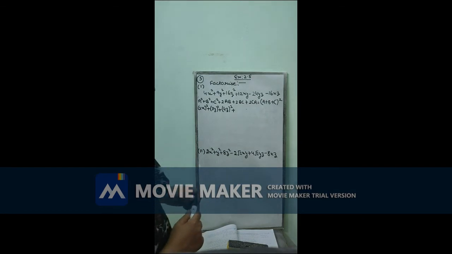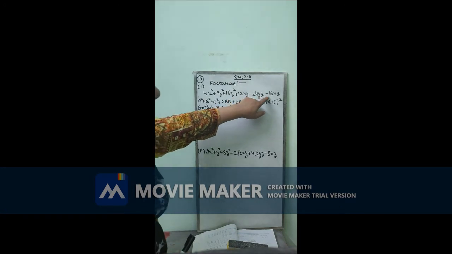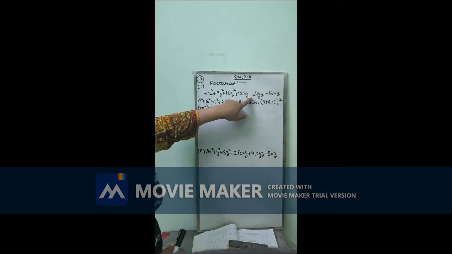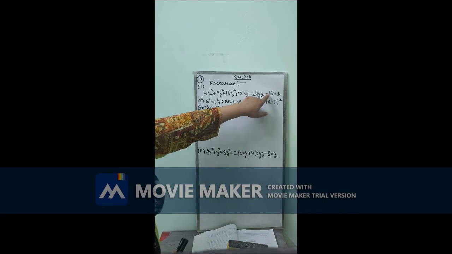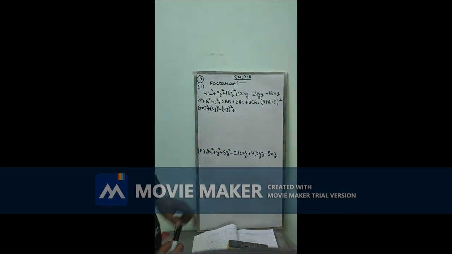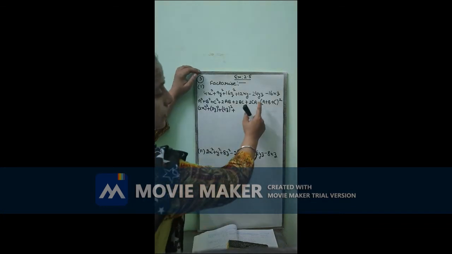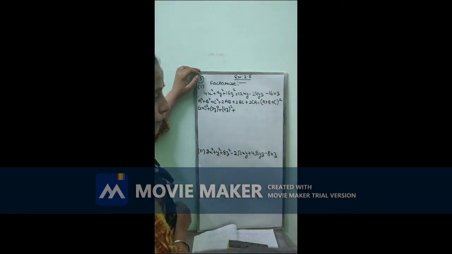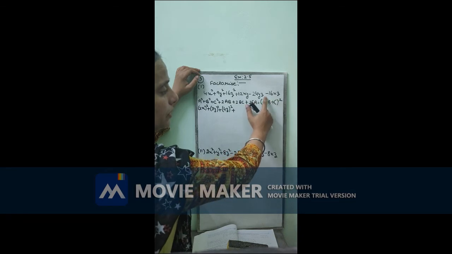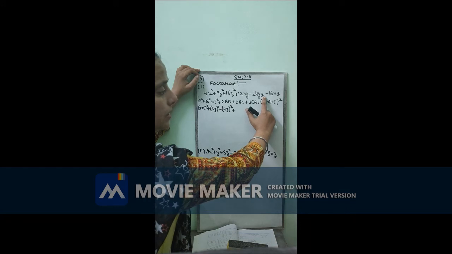Before starting with 2ab, 2bc, 2ca, first of all you will see whether the signs are negative. See here, this is minus 24yz, this is minus 16xz. It means from these three terms any one term is negative. How will we know which term is negative? How can we know? So observe these two terms carefully. Which term is common? Z. Right? It means the term containing Z is negative.